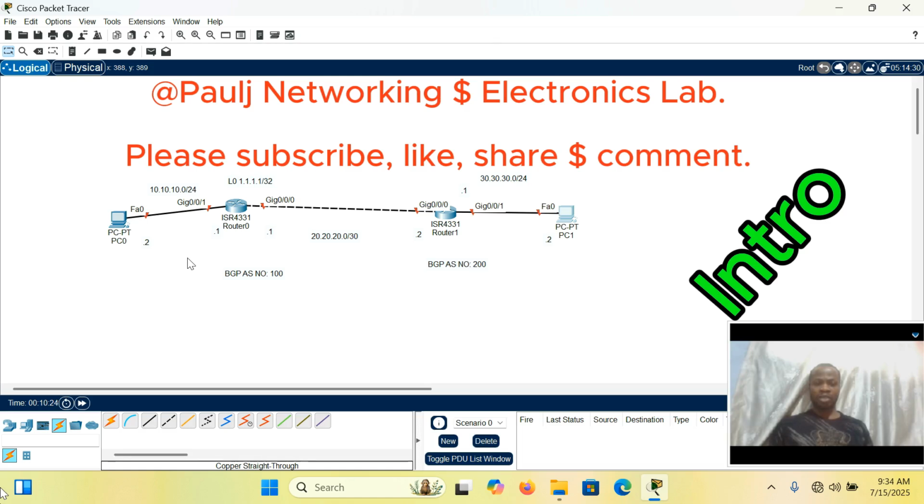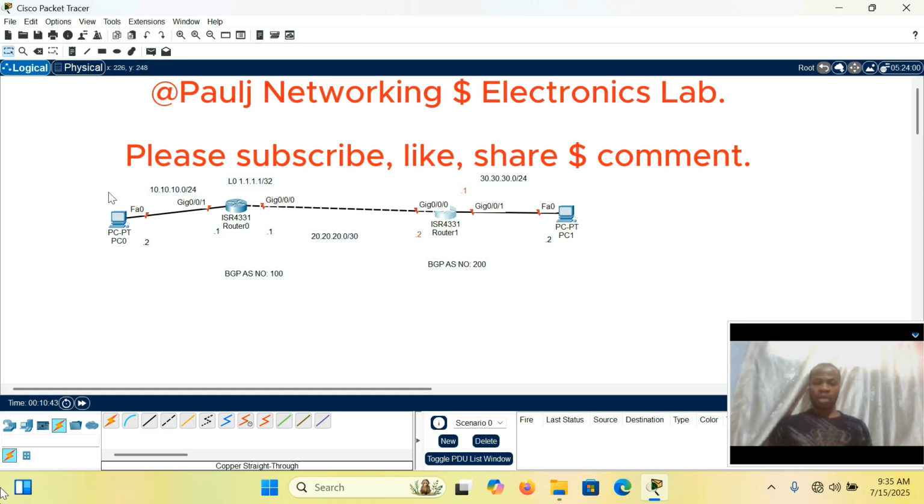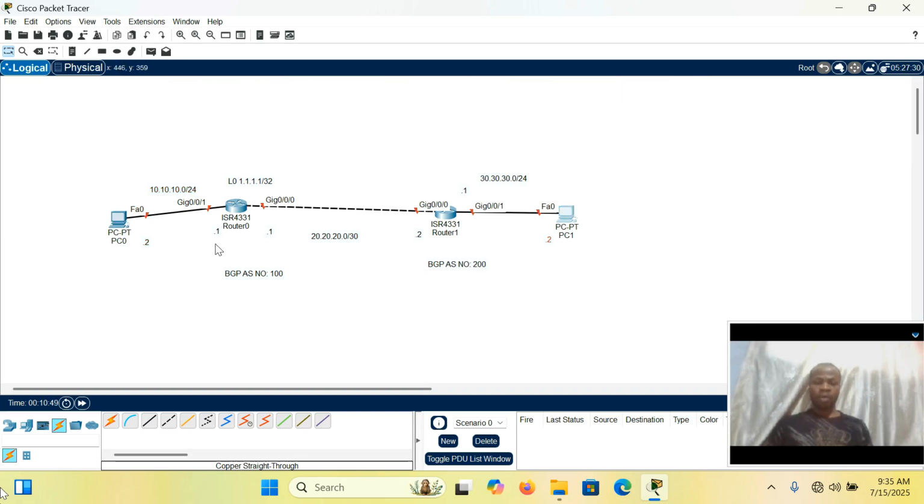For example, a scenario where you have a network provider. Let me consider this router 0 as the network provider's network, and this router 1 is your organization's router, and the network provider helps you connect your branch here to this branch here. So you want to advertise this network 10.10.10, and the network provider wants to advertise it to you so that your own network 20.20 can reach it. You can use this Border Gateway Protocol, BGP, so that both of you, being different organizations, can